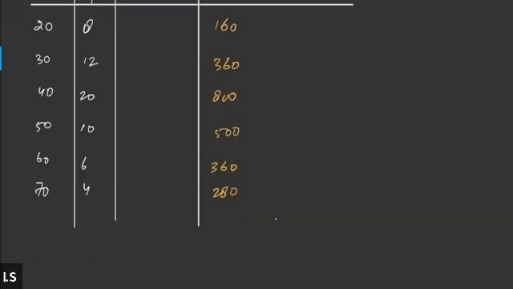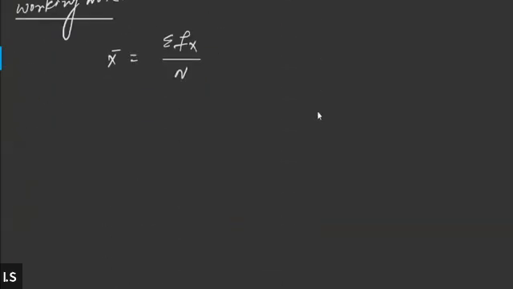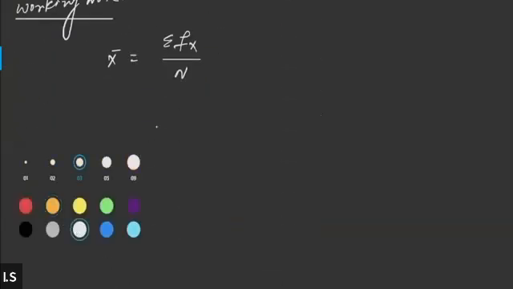So now we will total it. By totaling it, we will get the sigma fx. So sigma fx will be 160 plus 360 plus 800 plus 500 plus 360 plus 280. So it will be 2460, right? Now we will put this into the formula of the mean. 2460